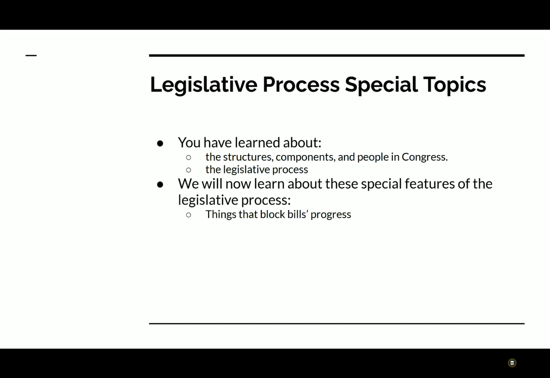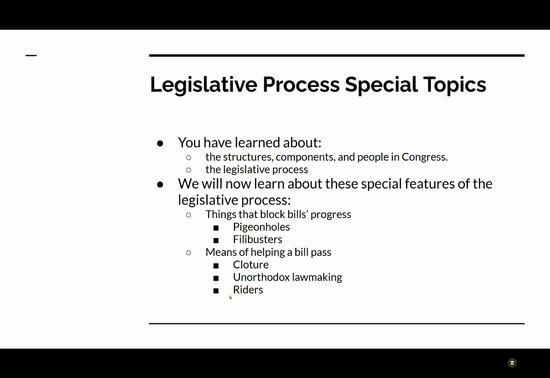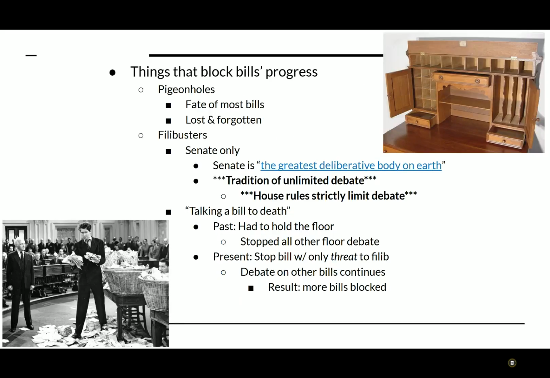The special features we're going to learn about are several different things that can block the progress of a bill through the legislative process. These include pigeonholes and filibusters. We'll also look at things that help a bill pass along the process of becoming a law, something called cloture, and we'll also talk about something that you might think of as part of unorthodox lawmaking, and it certainly can be, but it's also not a new development, and that is riders. So again, taking this in order,